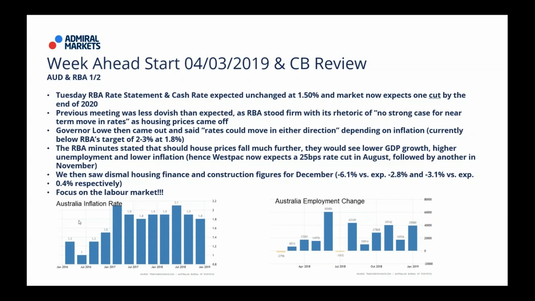So for Aussie, we are keeping a keen eye on the housing data. All right, keen eye on the housing data, please, and on the labor market. If the labor market starts deteriorating in any sense, shape, or form, then we know that the market is starting to increase the probability for a rate cut by the RBA, and that would lead to Aussie dollar weakness. It is so simple, this job. It is so simple when you know what to look at.